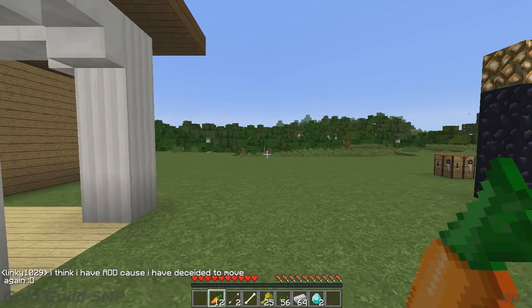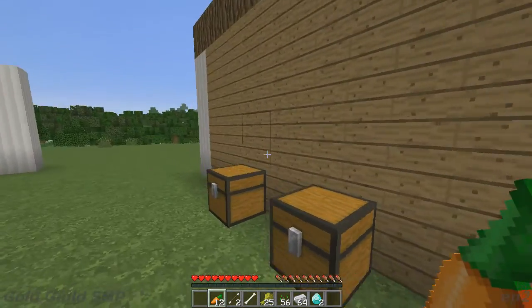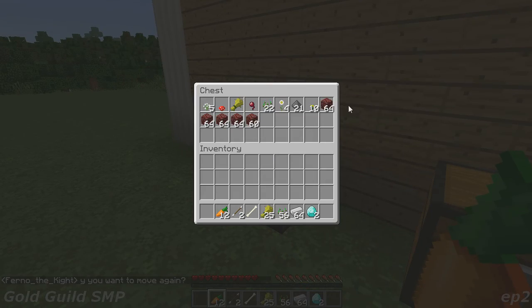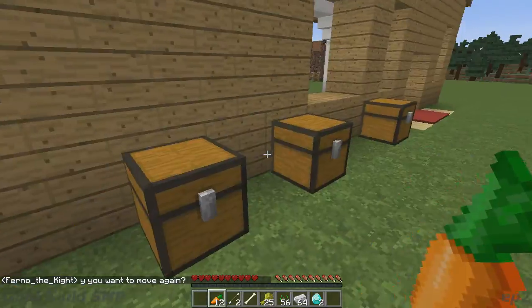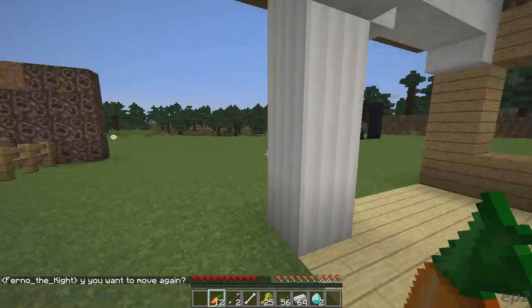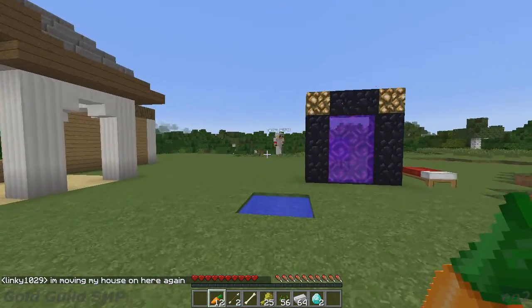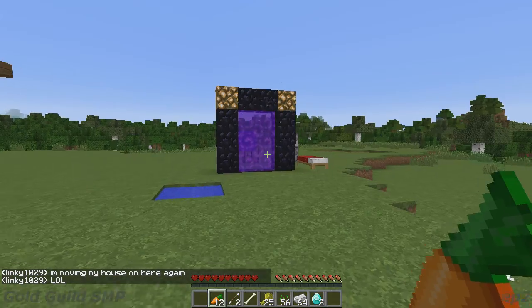And basically, I was going to sell my 5 stacks of netherrack to Linky for this, but unfortunately I forgot to bring it to the portal, and so he just decided to give it to me as a free donation. I guess feeling pity that I died and lost all my stuff in the lava. Feeling pity, and you're the new guy, so...